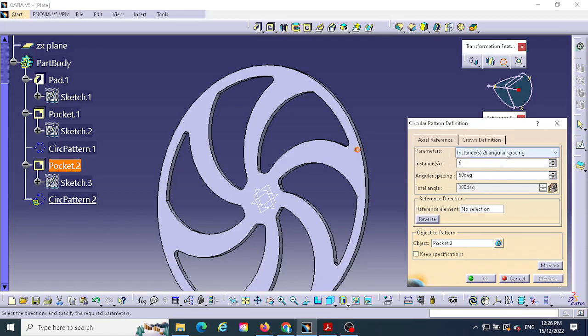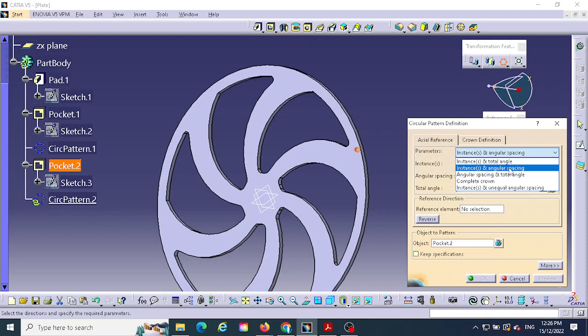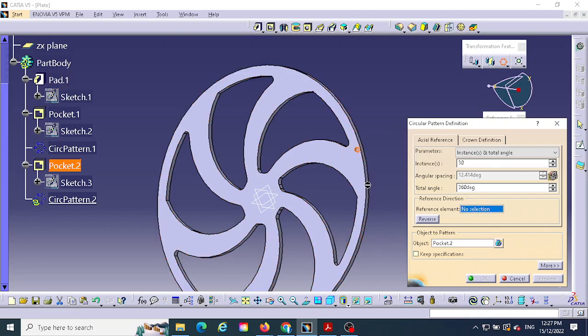So here, angular spacing, instances and angular spacing. Instances unequal. Oh, angular spacing, instances, total angle. So instances is 30, total angle is 360. So we need to select the axis. So along the axis